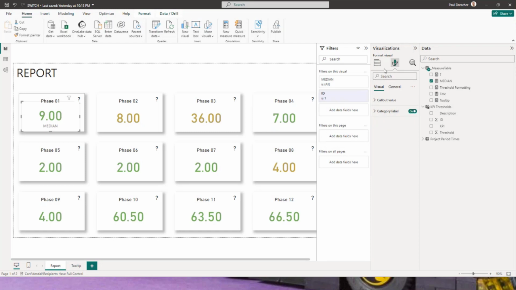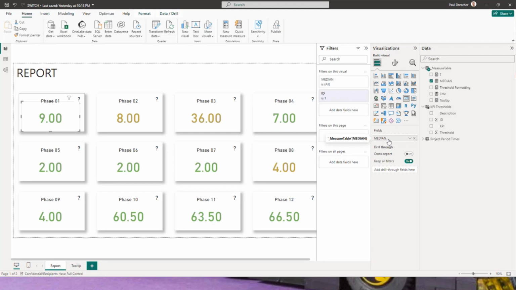So that would mean manual effort in changing the title in each visual. That's something I personally don't really like. I think it's not very handy, especially for somebody that doesn't have a lot of experience with Power BI. So I decided to use title instead. I used the selected value of the KPI names in the data table, and I control this via the ID.